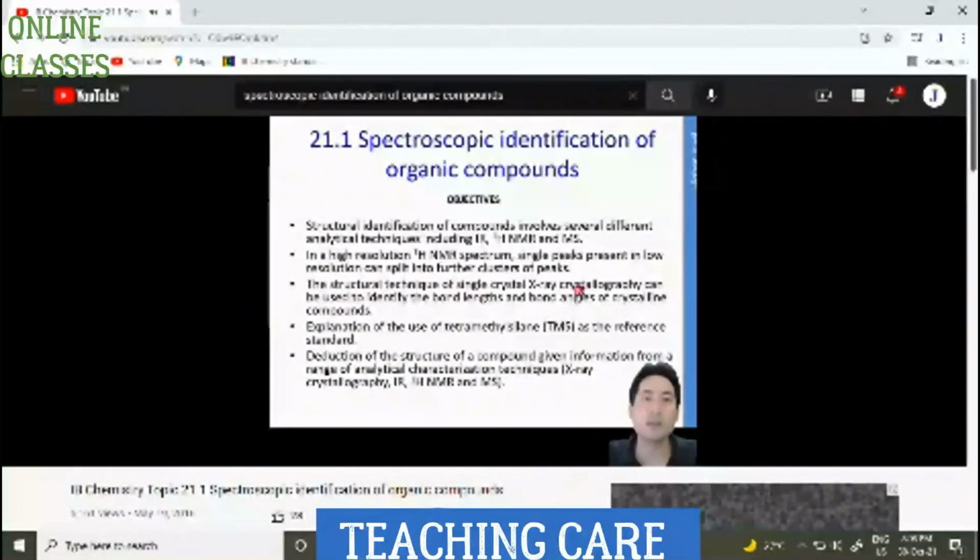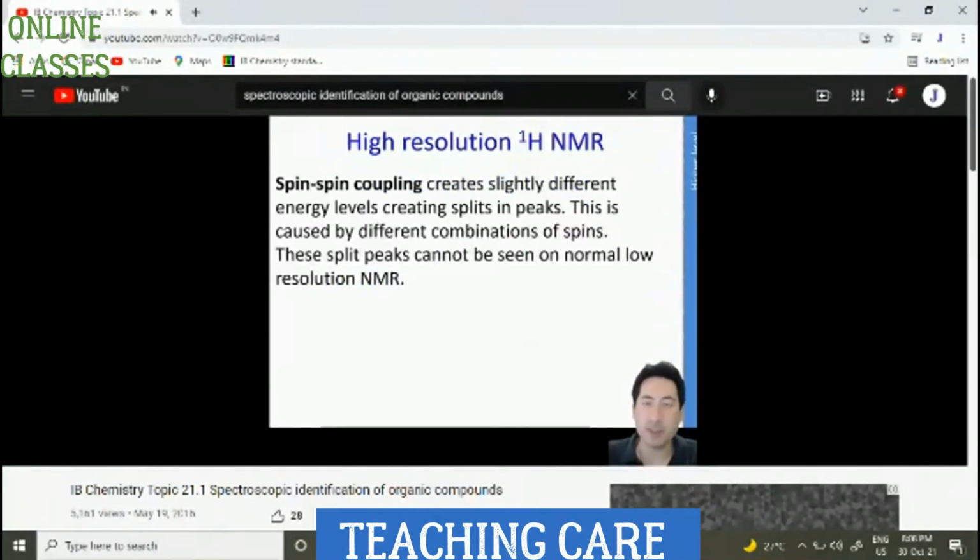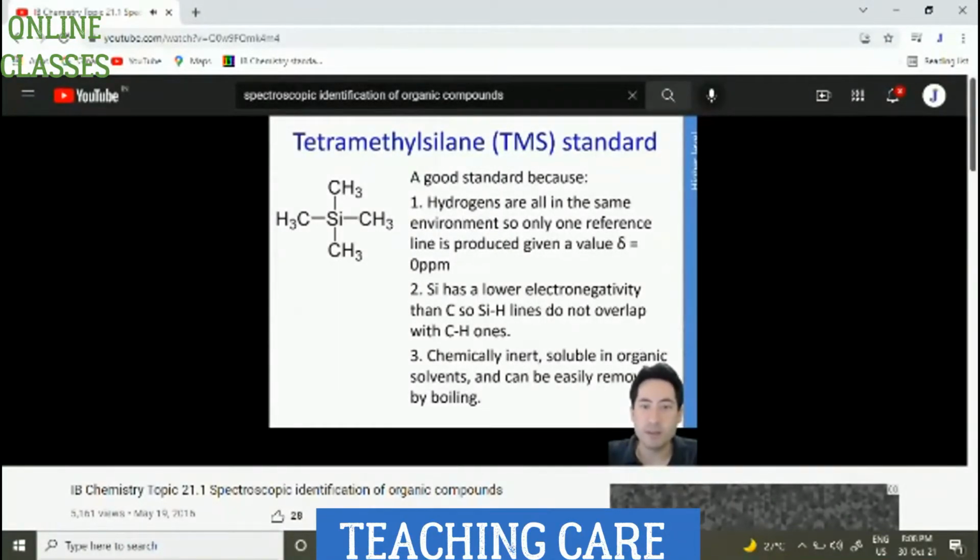Lesson 21.1 is mainly just looking at the proton nuclear magnetic resonance spectrometry in a lot more detail. So please go back to the standard level demo that I made of the different ways that the protons will spin and how that creates a magnetic field. Before I get into the spin coupling, let's go into detail on TMS, the tetramethylsilane standard, and you need to know